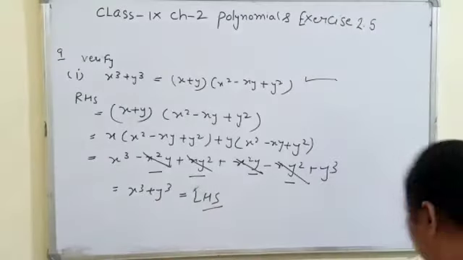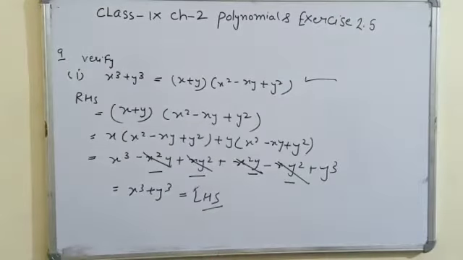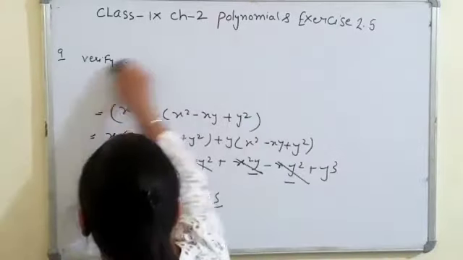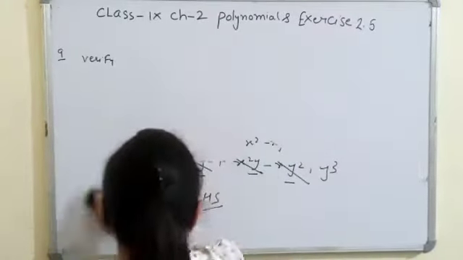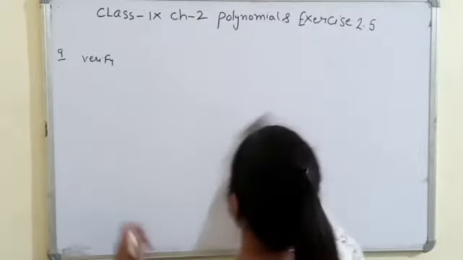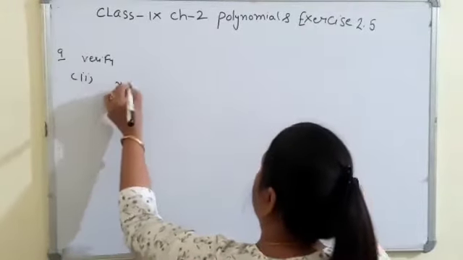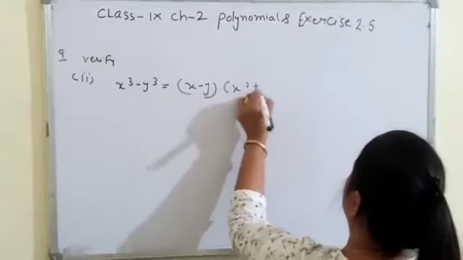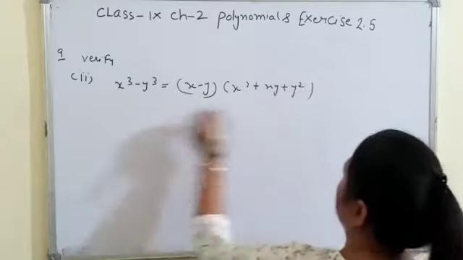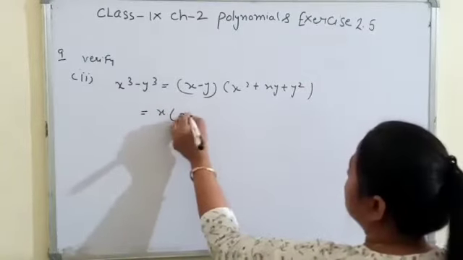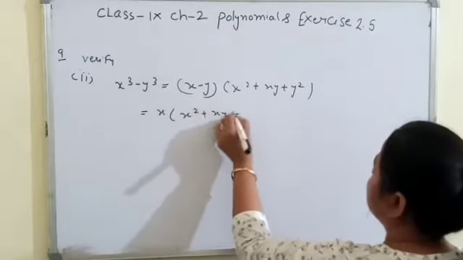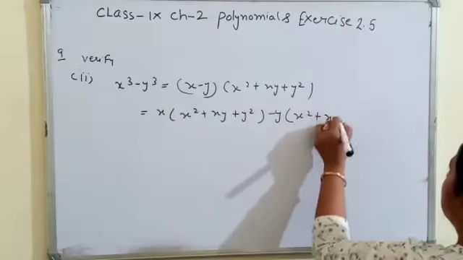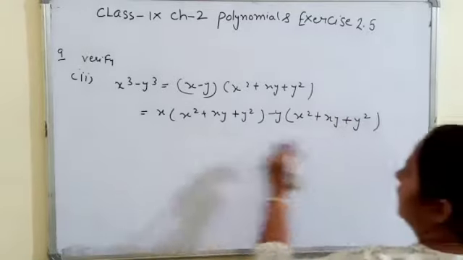Now similarly for the minus, that is the second part. Hope it's clear to you. In the second part we have to prove x cube minus y cube is equal to x minus y times x square plus xy plus y square. Now multiply. Similarly, same way, the only change here is the minus y. You have to take care of the sign while doing the multiplication.